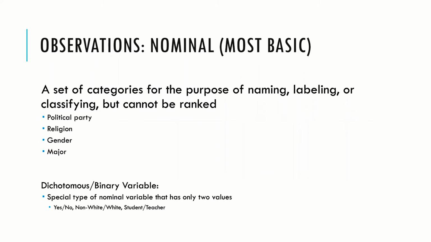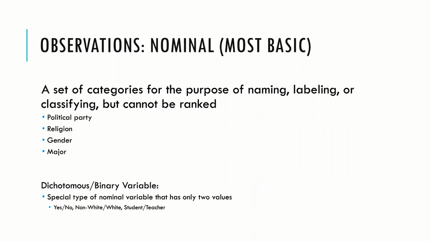There's a special kind of nominal variable called a binary or dichotomous or, quote unquote, dummy variable. Most often it goes by binary. If you've seen movies with computer code or anything like that, binary is zeros and ones, right? Yes and no, or no and yes. Zero is no, yes is one. All it is is a category, right? You're saying yes, I belong in this category. No, I do not belong in this category.